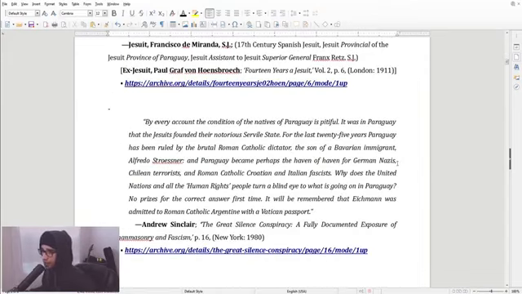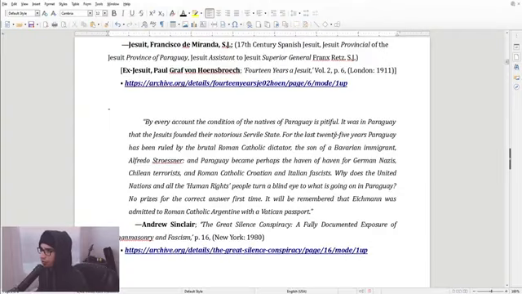Now, this is from Andrew Sinclair. We're going to bring it a little back to now. This is from Andrew Sinclair, The Great Silence Conspiracy, a fully documented exposure of Roman Masonry and fascism. Page 16, New York, 1980. Quote, "By every account, the condition of the natives of Paraguay is pitiful. It was in Paraguay that the Jesuits founded their notorious servile state. For the last 25 years, Paraguay has been ruled by the brutal Roman Catholic dictator, the son of a Bavarian